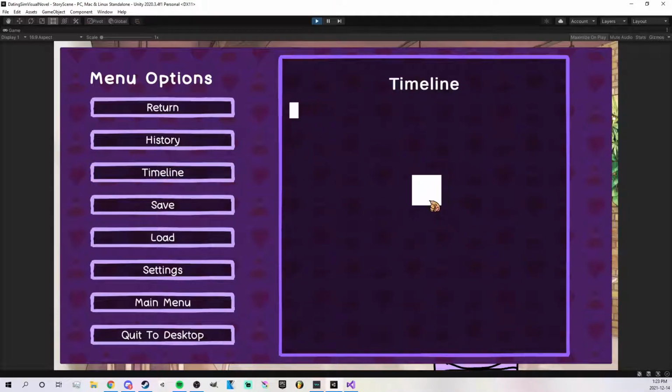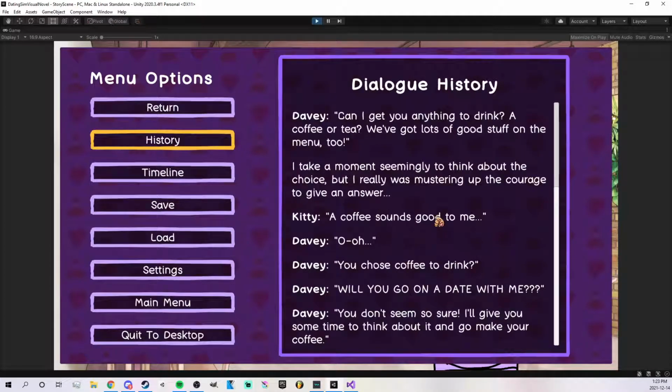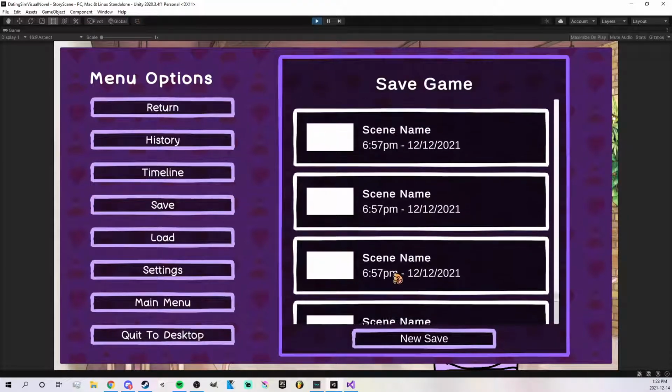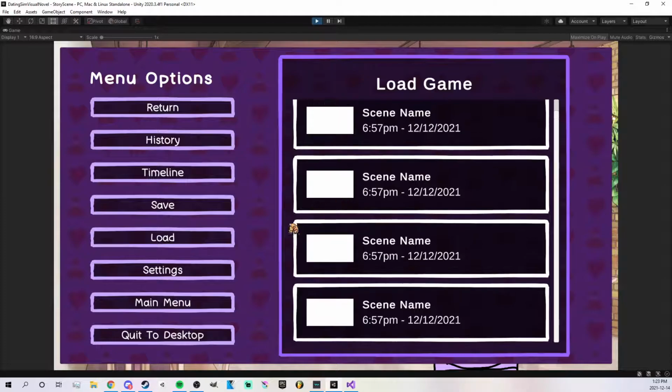Still working on this feature. I'm not sure if dating sims have this feature, but I kind of wanted a timeline that shows you all the different choices you've made, kind of like a branching tree graph. Saving, not fully functional yet, neither is loading. Settings,